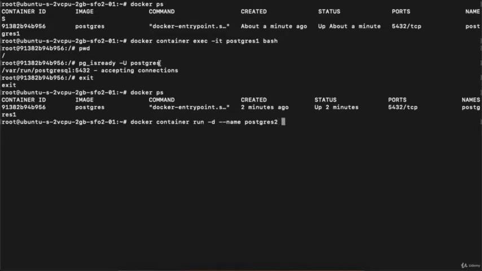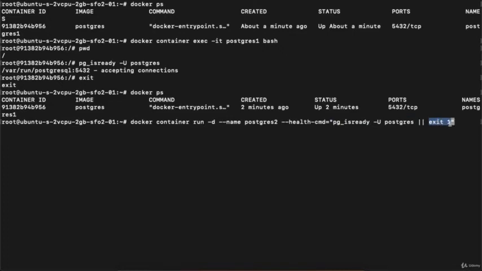Now to define the health check, I need to define --health-cmd, which means health check command, equals, put double quotes, and inside these double quotes you need to put the command which will execute on your container to check the health. So this is the command, pg_isready -U postgres. I will copy this and put it inside my double quotes. Now I need to put a pipe and then put exit 1. What does it mean? If this particular command fails, then return 1.